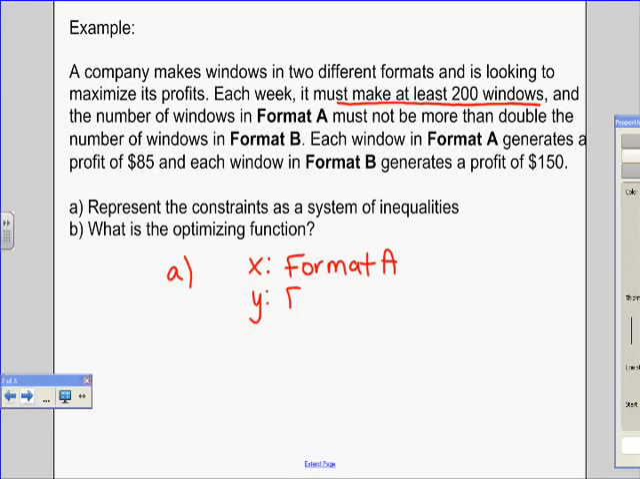and Y is our format B, I'm laughing because there's another teacher eating snacks in the background of my class,